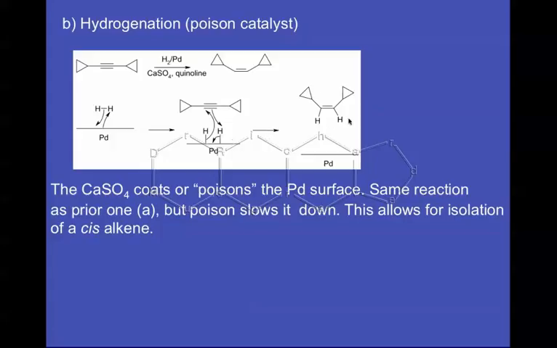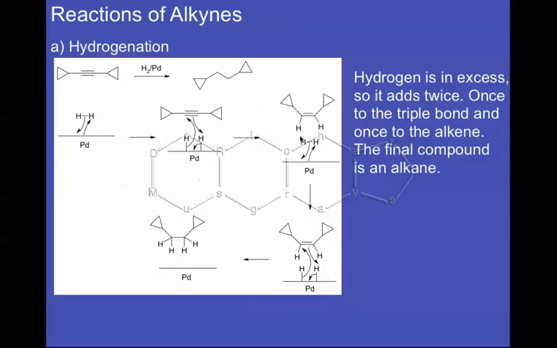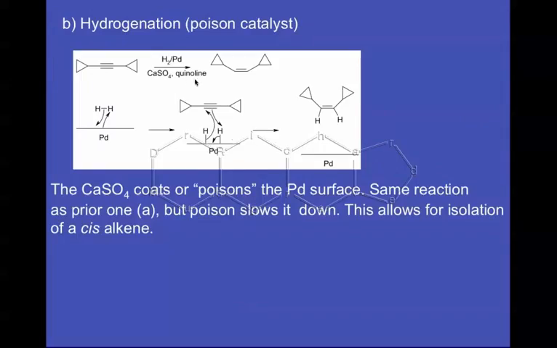So the reaction effectively stops at this point right here where I've got the mouse, and it won't go any further because there's too much calcium sulfate and quinoline on the surface of the palladium. Remember, the hydrogen has to add to the surface of the palladium. If you've got this stuff just coating the surface of the palladium, there won't be very many spaces for the hydrogens to add. So what happens is the reaction slows down and we end up getting just a cis alkene